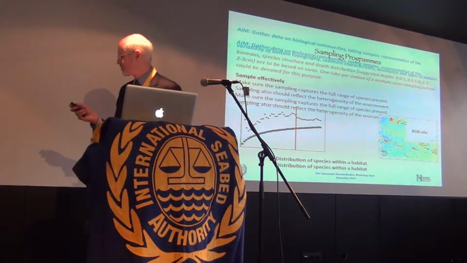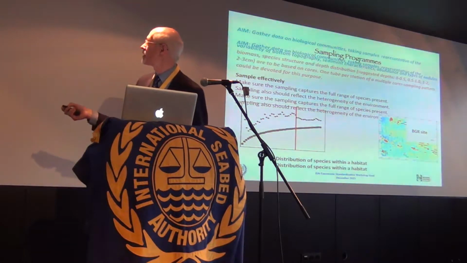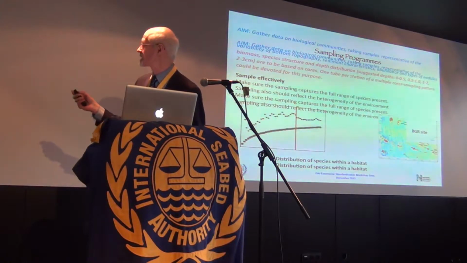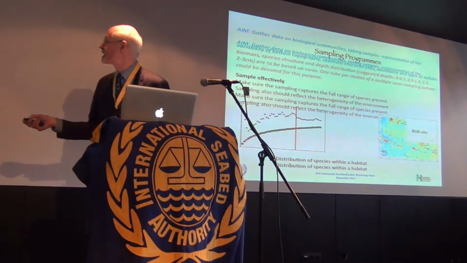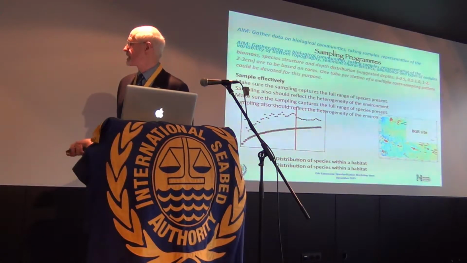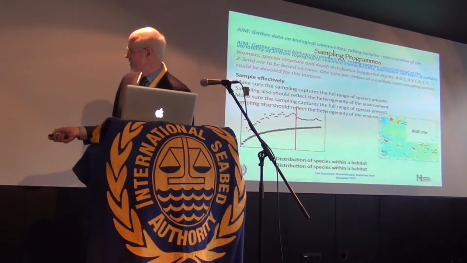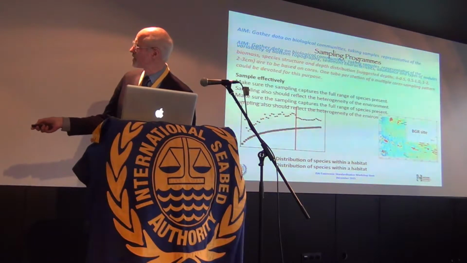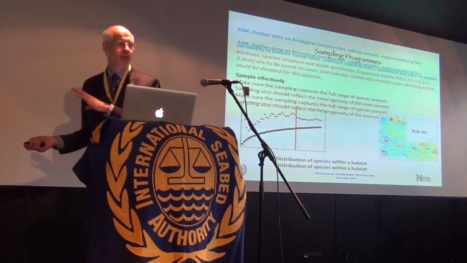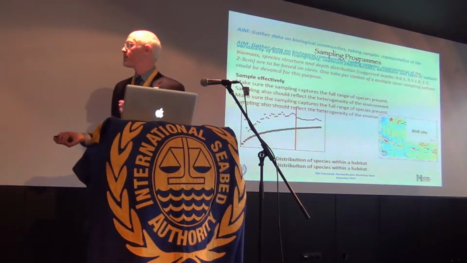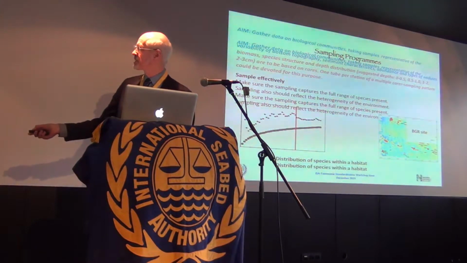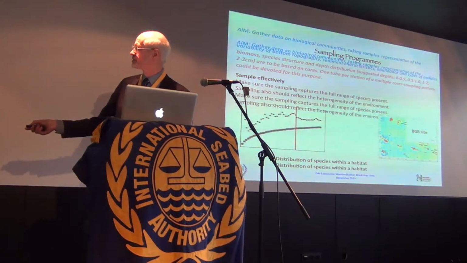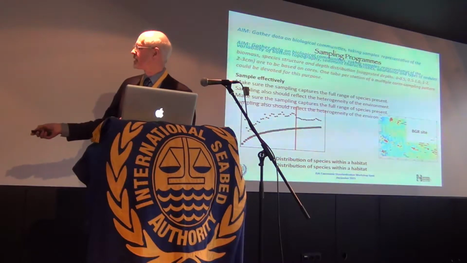Sampling programs. Basically, this is what is already available in some of this. Excuse my slide, it seems to have just decided to slide off. Sampling effectively. This graph here, which has lost all of it, along the side here are the numbers of samples, and up here are the numbers of species. This is a macrofauna example. I couldn't find a Meiofauna example. And basically what this shows is the species accumulation curve. And it starts to sort of even out a little bit about there.